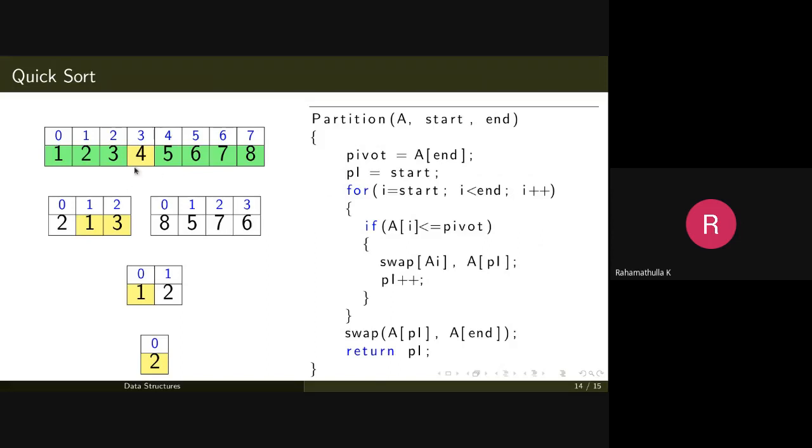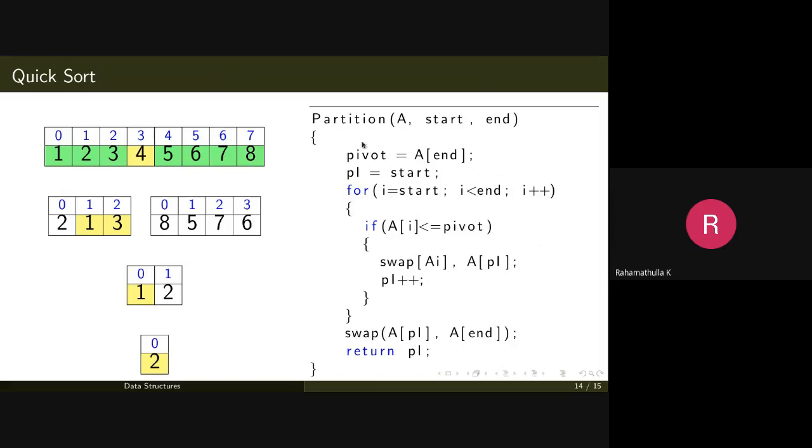Once you reach the correct position of the pivot element, you swap A of pi and A of n. Initially the pivot element was at the last position, then you swap it to this position. That is what the partition logic is. Once you have the two partitions, you can apply the quicksort algorithm on these two partitions separately.